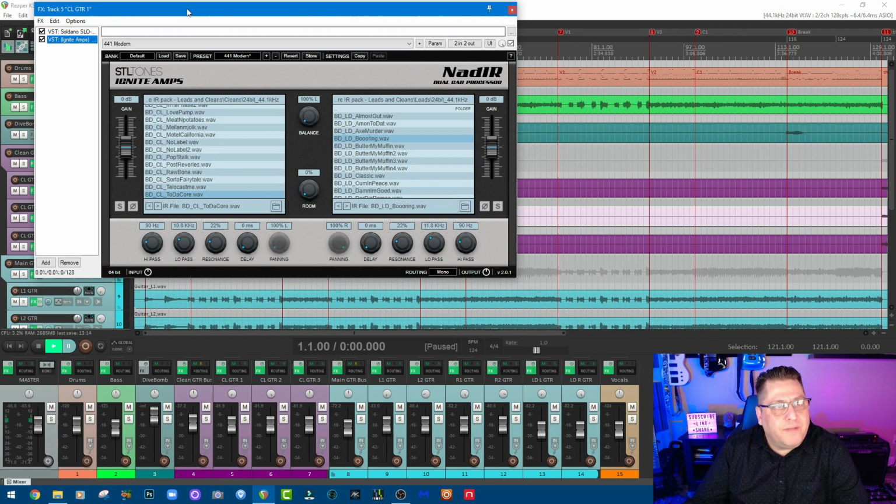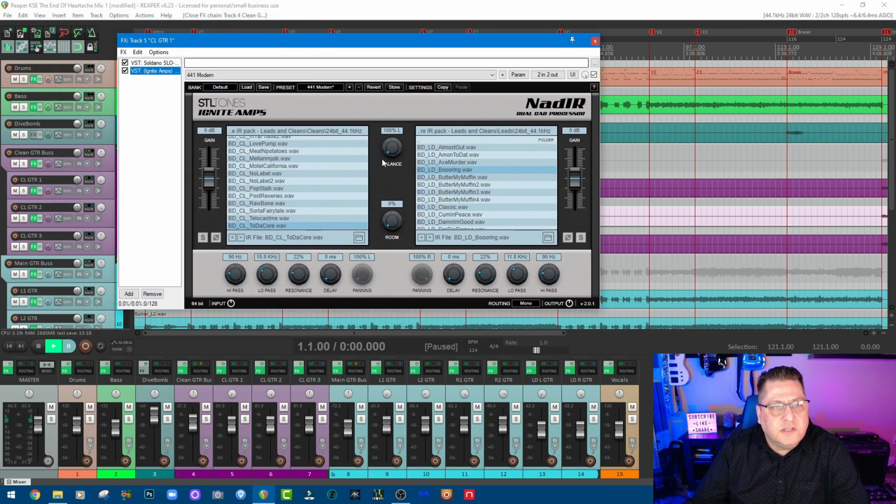So I'm running Bogren Digital impulses. This one's from the Clean and Leads pack. This impulse is called To the Core, and I'm only running one right here on this side. All right. So lately I've been using a lot of Bogren Digital impulses, or Christian Cole impulses, because I'm getting